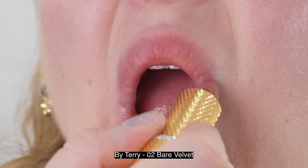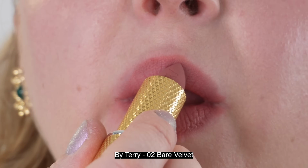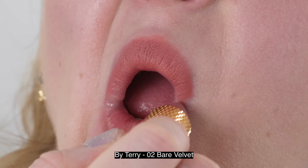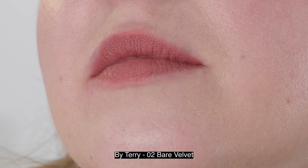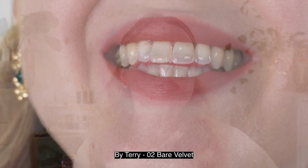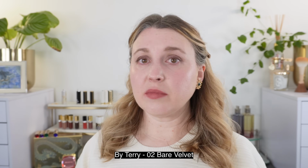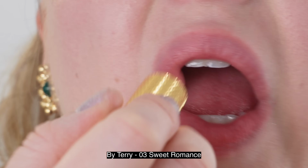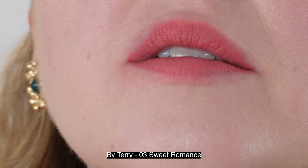Now, according to By Terry, we have 24-hour hydration, anti-aging formula. It's a refillable lipstick. There's a creamy velvet finish, and these are smudge proof. Presented in an ornate golden mesh case, this true beauty collectible is inspired by Terry de Gunsbury's personal Art Deco collection, reminiscent of treasured jewelry worn by her mother. Rouge Opulent unveils a new chapter of elegance and sustainability with its signature magnetic refillable design, perfectly crafted as a